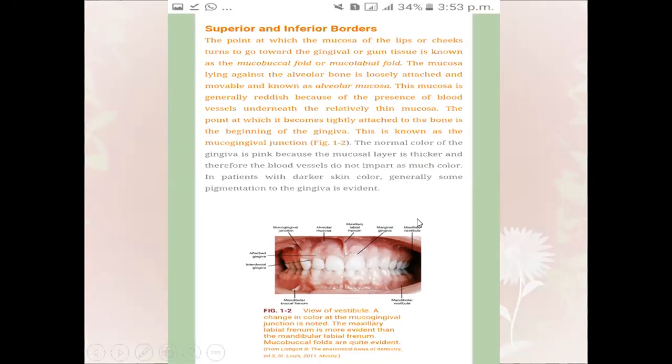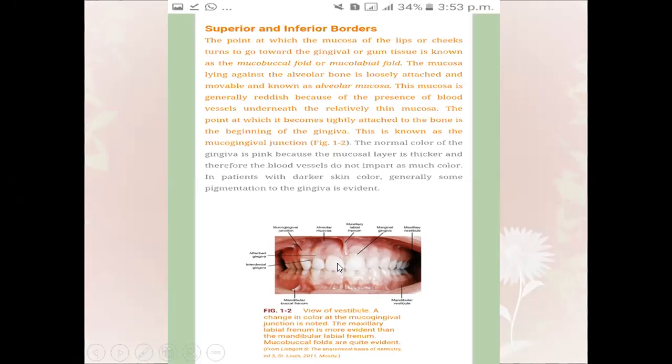And then we have the maxillary vestibule. Maxilla is the upper jaw, and the vestibule there is called the maxillary vestibule. And then in the mandible, which is the lower jaw, we have the mandibular vestibule, and this is the mandibular buccal frenum. We have the mandibular buccal frenum as well in the mandibular arch. The maxillary labial frenum is the prominent connective tissue, and it can be seen clearly when